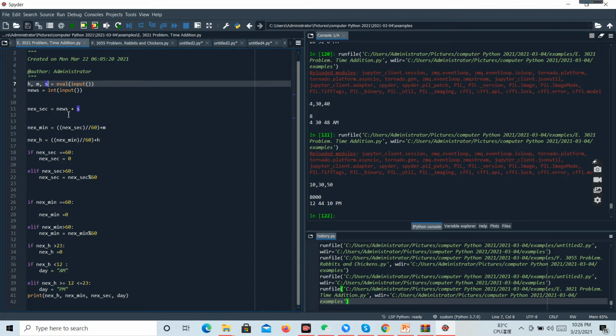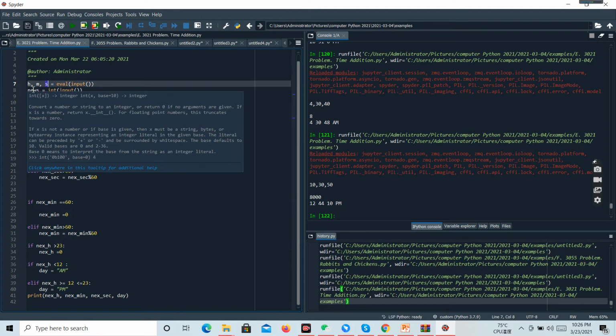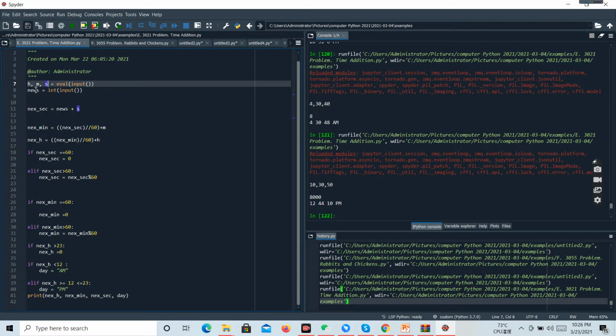Somebody told you the time, that this is the time. You now say, okay, add these seconds to it. Add the seconds to it. Remember that our fourth input is in seconds, right? Our fourth input is in seconds. And if it's for you to get minutes,